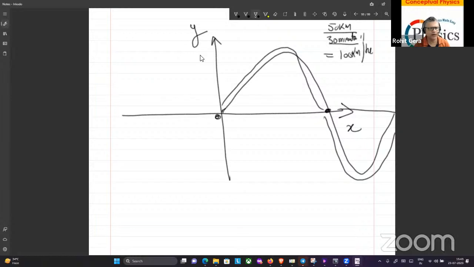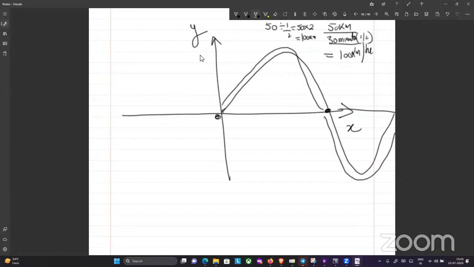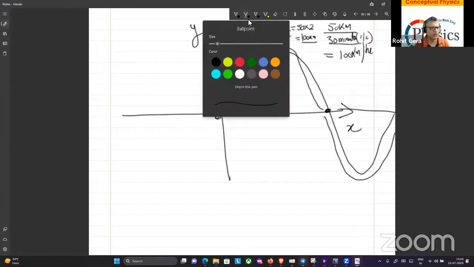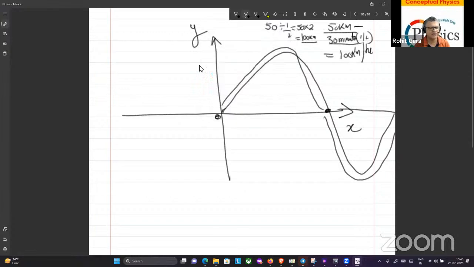This is 1/2, right? Half an hour. So 50 divided by half is equal to 50 into 2, which is 100. But now somebody said, I'm not interested in this. I want to know your car reading is giving some information, very good. Your average was 100, but tell me from physics point of view, which is as the crow flies, what's your displacement? So he said, okay, I can tell you the displacement only when you tell me where did you land